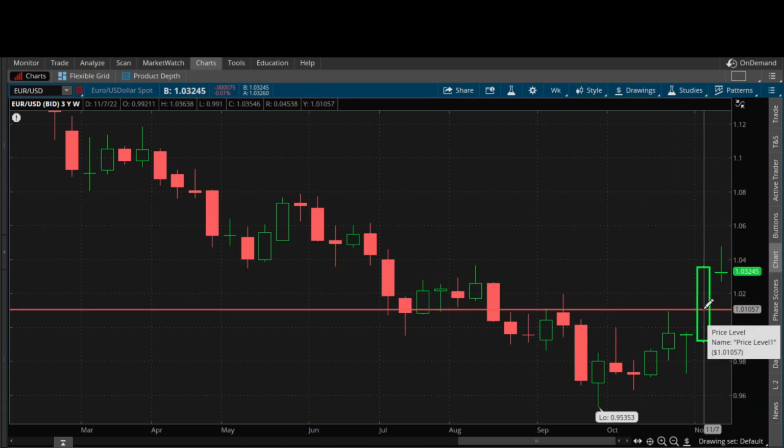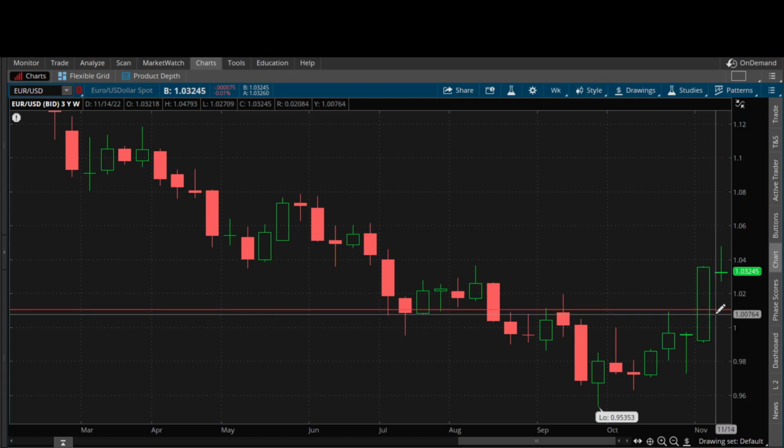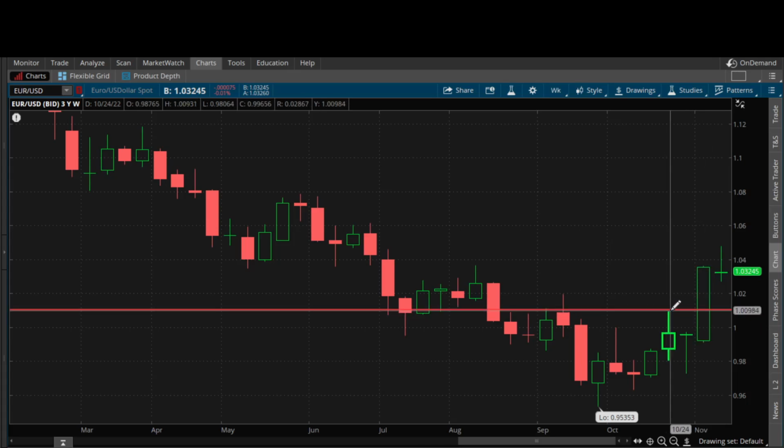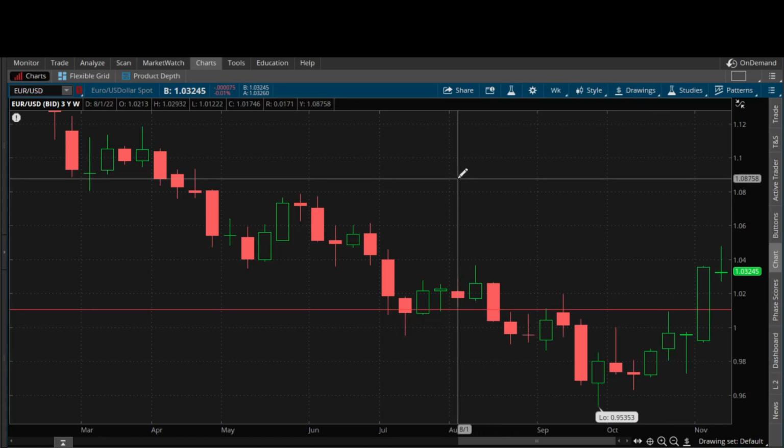There's equilibrium. Anything above that is a premium. Anything above that is expensive on the weekly chart. Remember, we're on a weekly chart here, okay? Anything below that is a what? Is a discount. So you can see we got this swing high right here. This could serve as support. It's in a discount market. And that's when a lot of your resistance turn support concepts work really well. But not to get too sidetracked, I want to stay focused on premium and discount.